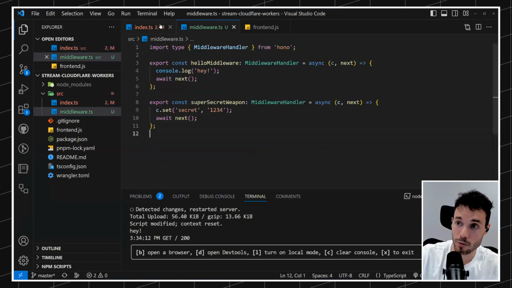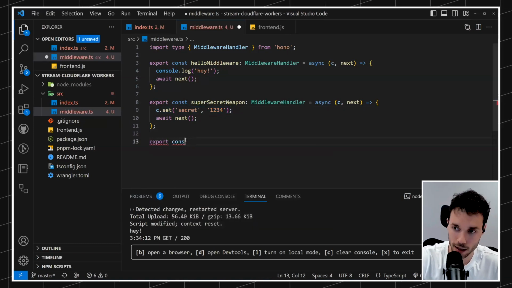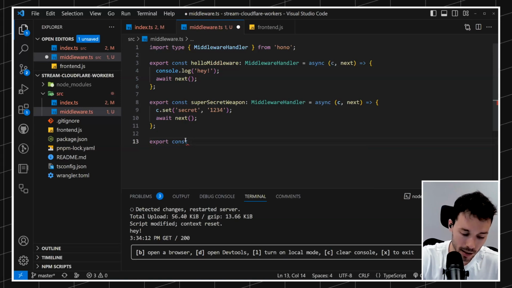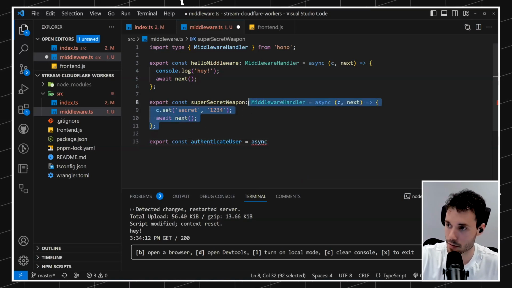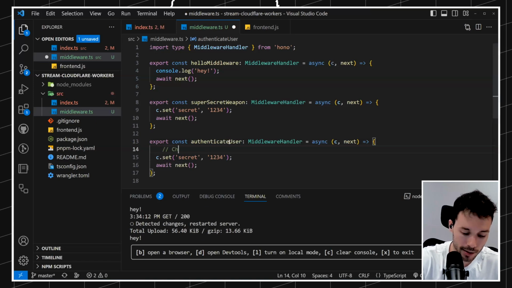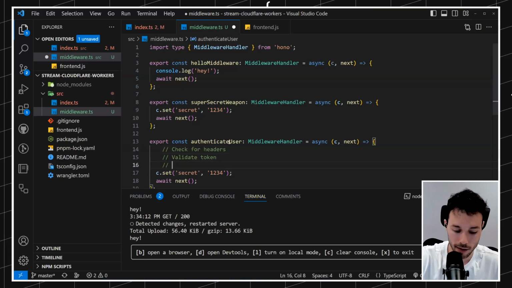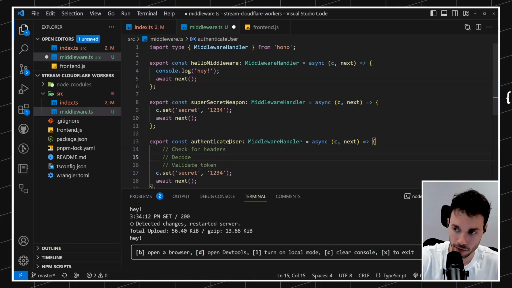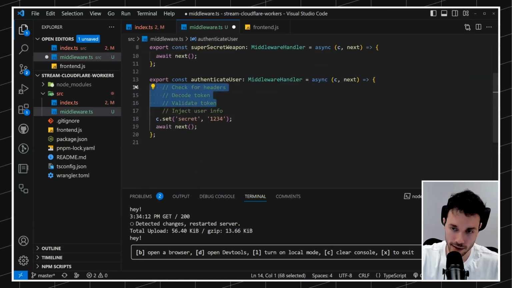With authentication, instead of passing just this secret, one of the things that we could do is make up a quick middleware here, and it's going to say set user, like that, okay? And let me copy and paste all of this. Imagine that I have some logic here that checks for headers, validates the token, decodes. Actually, first we decode and then we validate. Decode the token, validate the token, and inject user info. Okay, so imagine that I've just done all these steps,